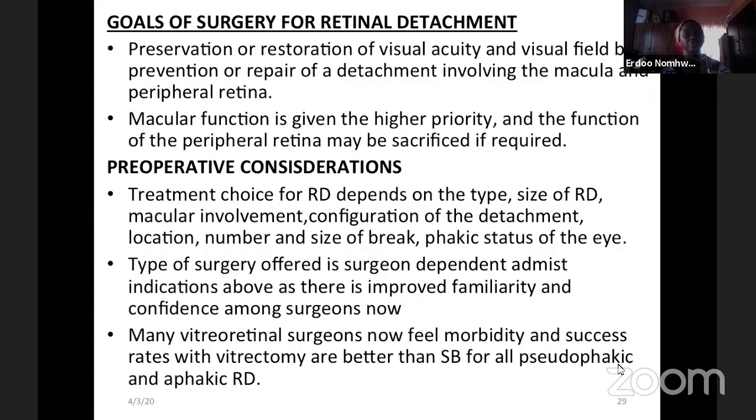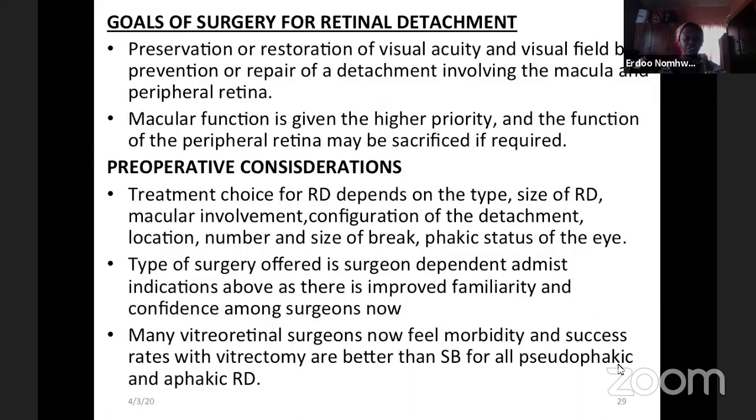So the goals of surgery for RD are mainly to preserve or restore vision, especially if it involves the macula. The macular function is given the higher priority, and the function of the peripheral retina may be sacrificed if required. Then there are preoperative considerations that I would need to bear in mind, knowing that the choice of treatment for any retinal detachment depends on the type, the size of detachment, whether it involves the macula, the configuration of detachment, the location, number, size of breaks, and the phakic status of the eye. As we go on, we'll see the different